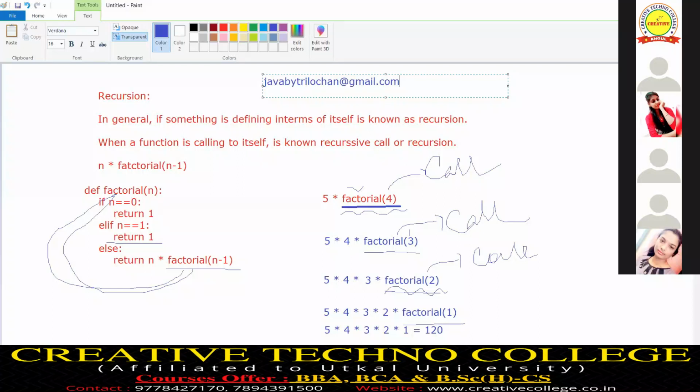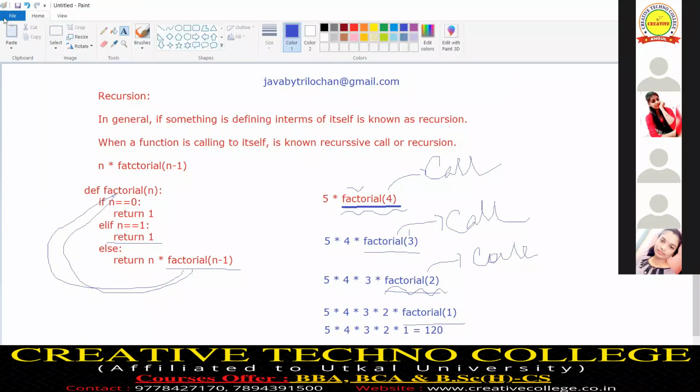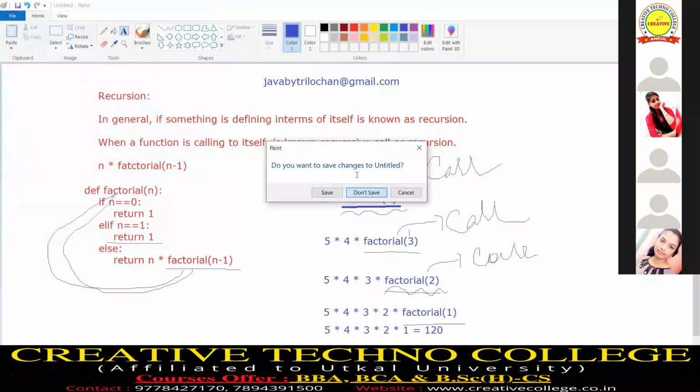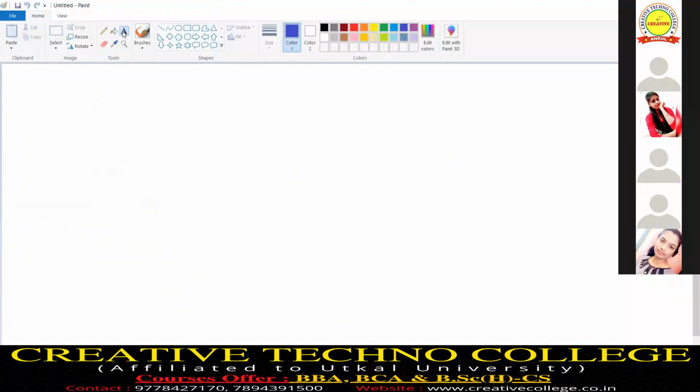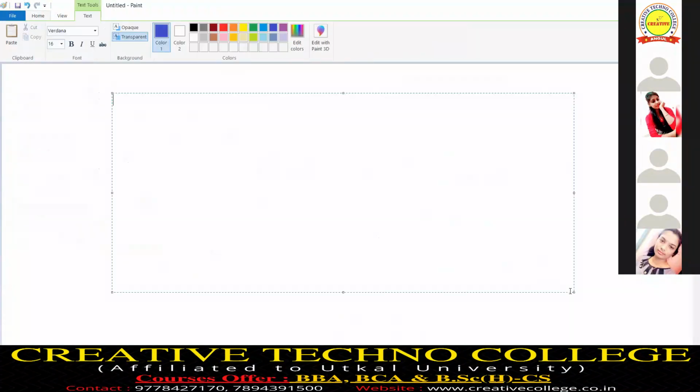Do you know, guys, Fibonacci series? Yes, sir. So what is the Fibonacci series? Develop a Python program to create